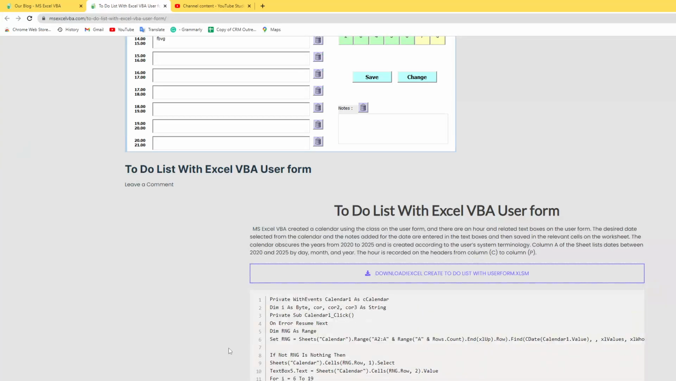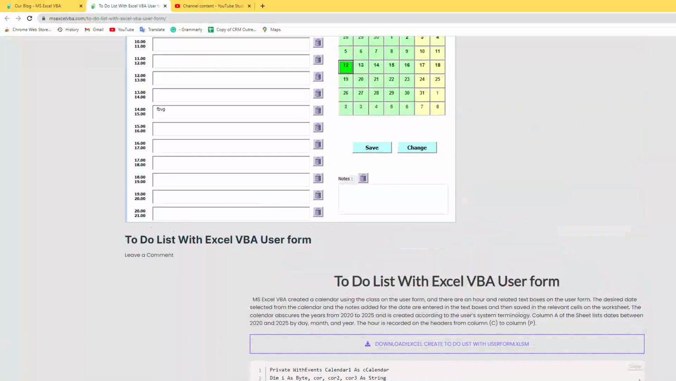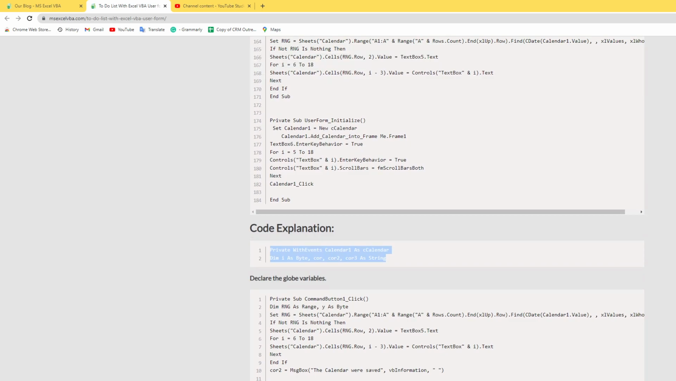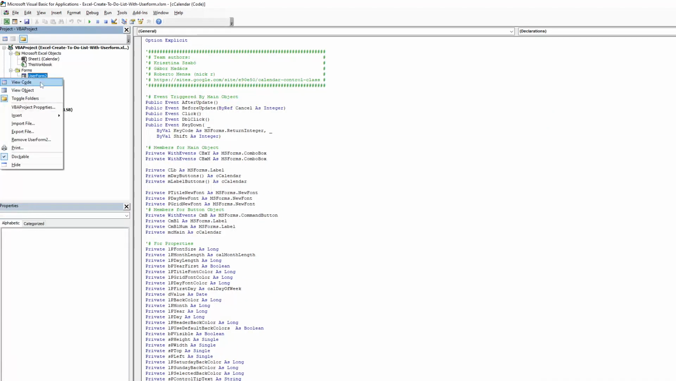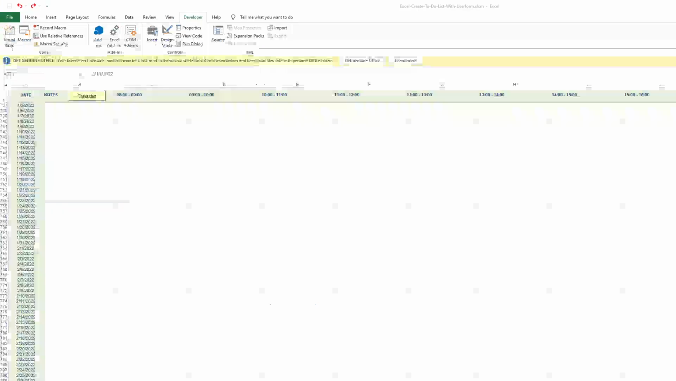Okay, let's understand the codes. We go first of all, this all is the user form code. You can easily copy it and embed it in your file. For the code explanation, first, these 2 lines declare the global variables. Global variables mean you can use them in any module when you declare them outside of the procedure. Okay,